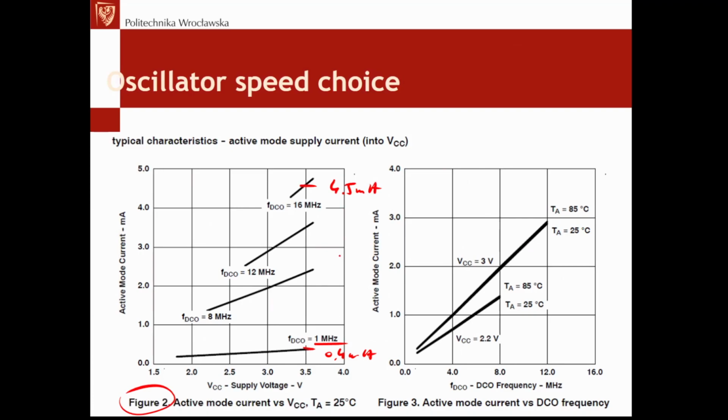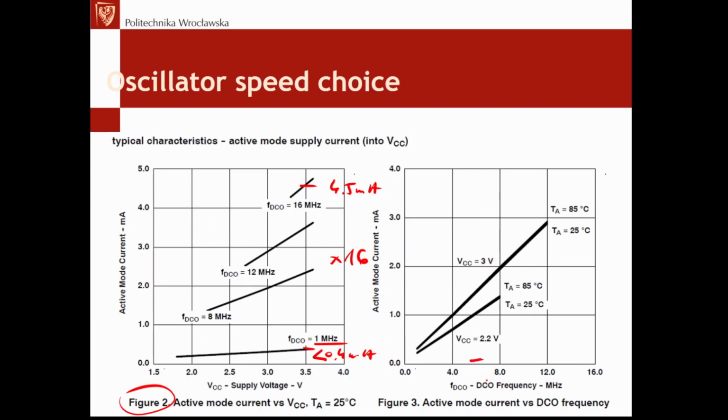So it should be around 16 times. It's not exactly this, but it should be about 16. The difference between those two values should be around 16 times, which means that this will be lower than 0.4. Because in case of microcontrollers, usually there is a very close to linear dependence between the frequency and, here you